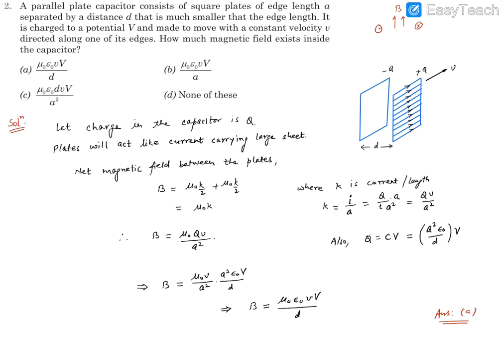Now we can substitute the value of Q over here, then find k, then substitute k over here, so we will get our answer. So first the k value has been substituted like this, so it becomes mu naught Q v upon a square, then placing Q, so mu naught v upon a square separately. Q is a square epsilon naught V by d. When you multiply, you'll find mu naught will be surviving, epsilon will be there, a square will get cancelled out, small v will be there for velocity, capital V for potential difference, d for the gap between the plates. So that will become our final response.